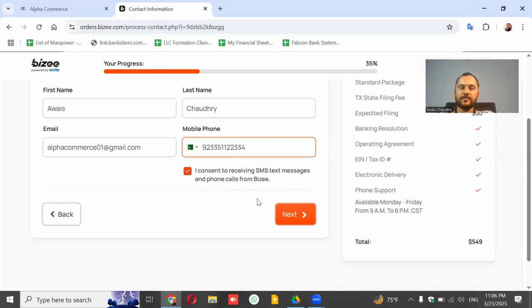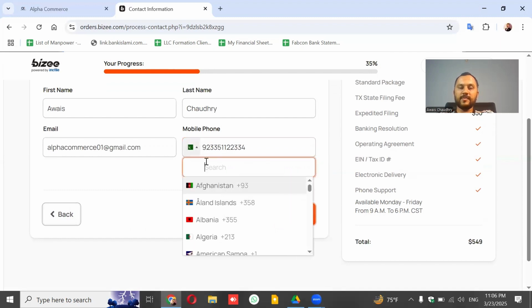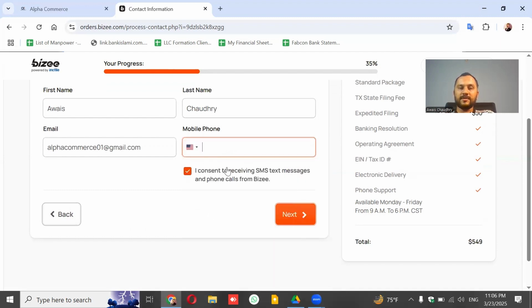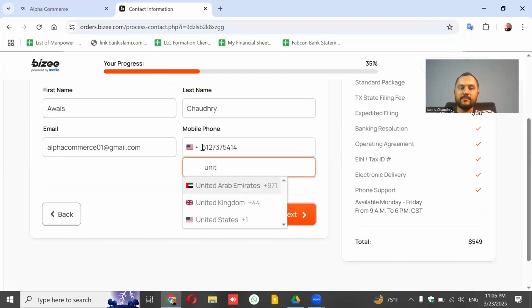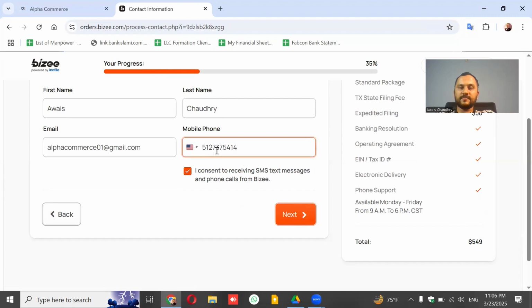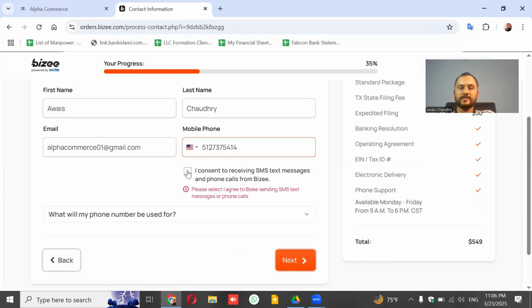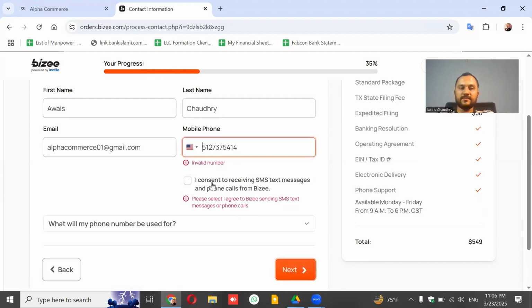I don't know why they are not accepting my number. I think this is a problem in our country. You can check for your country if they are allowing you to put your number or not. I am putting my US number, and for US they are also saying that this number is incorrect.